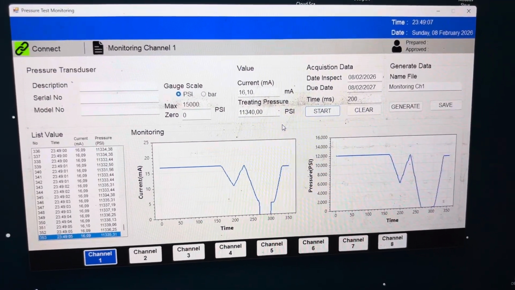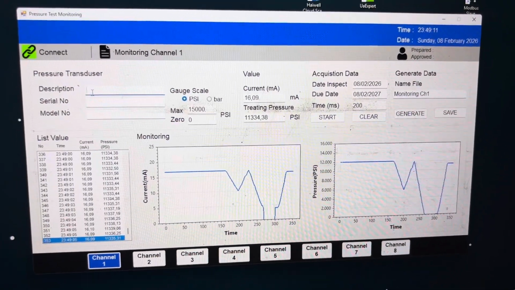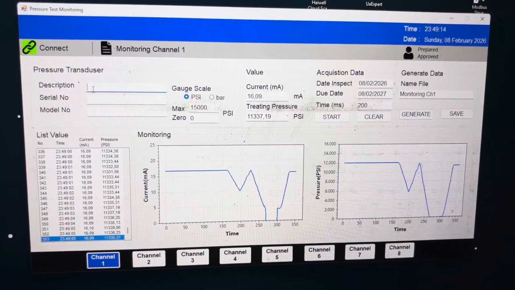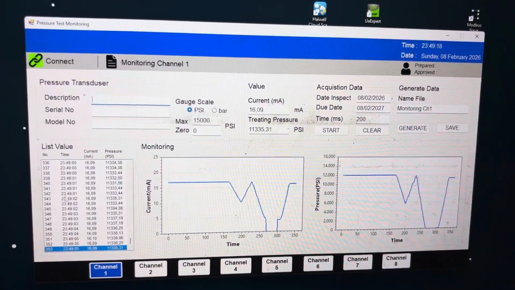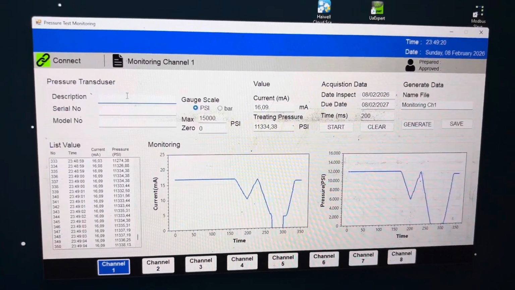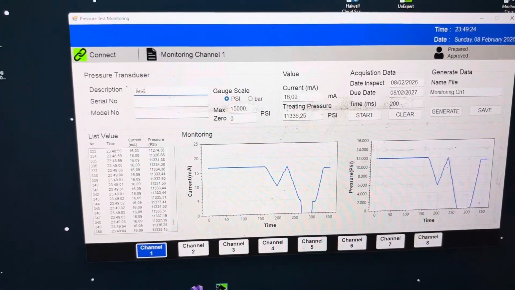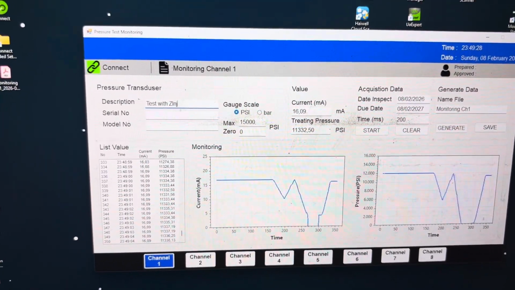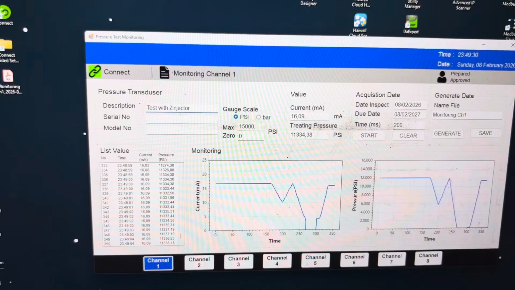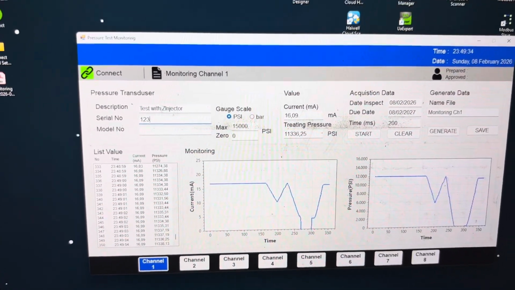Now after that we can fill in the description for generating the PDF of this data. We can type the description: test with injector. After that, the serial number we can type 123.